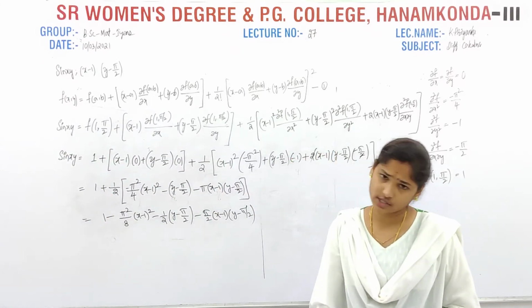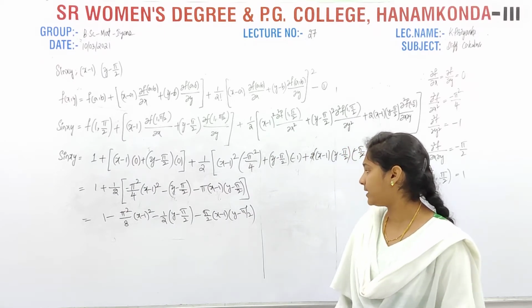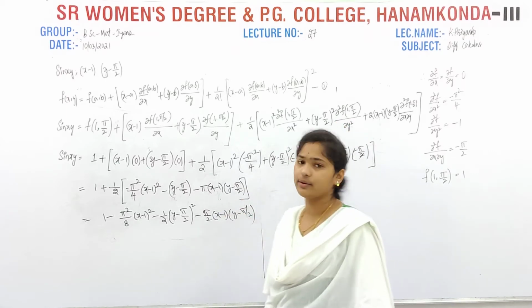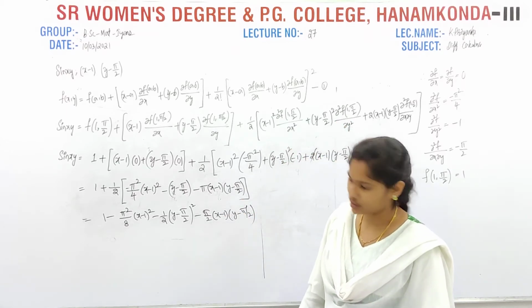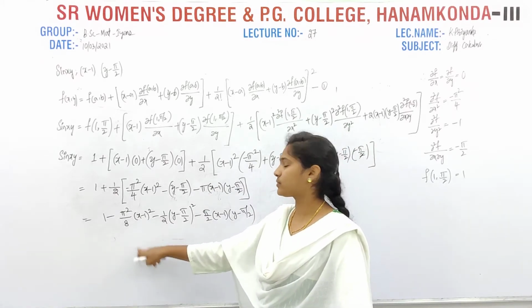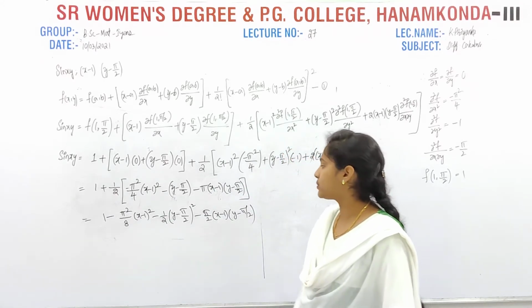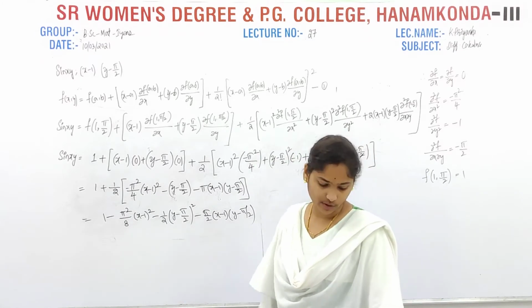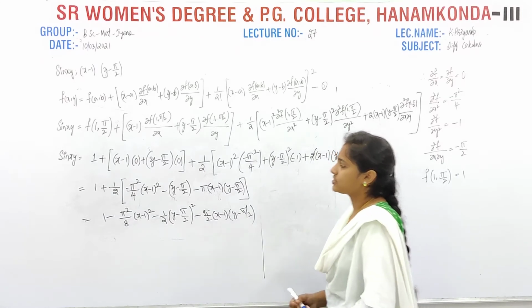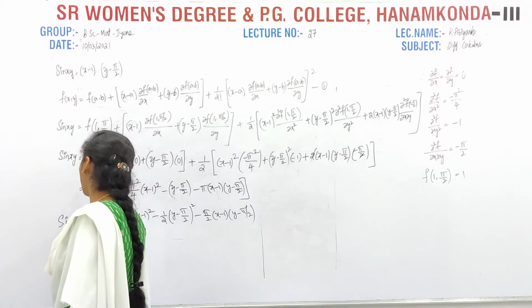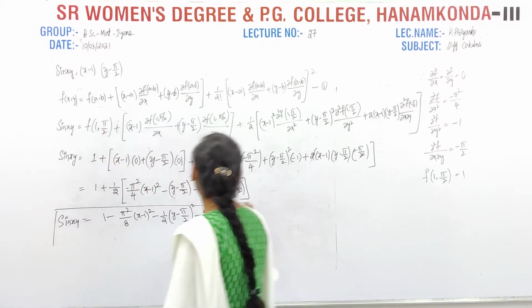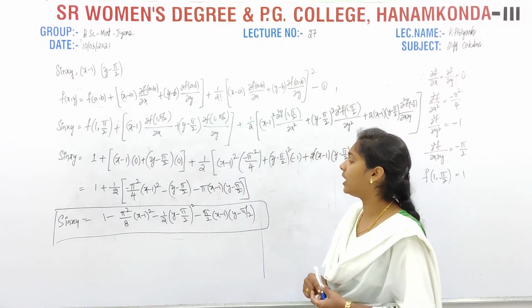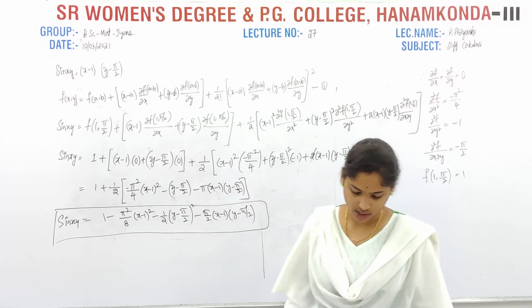Now otherwise here still you can substitute that, expand that, here it is whole square. Okay. So here you can expand that in a minus b whole square form also. Otherwise it is enough that 1 minus pi square by 8 of x minus 1 whole square minus pi by 2 into x minus 1 into y minus pi by 2 and minus 1 by 2 of this one. So we have the correct answer, which is equal to sine of xy. Okay, therefore now what is the expansion for this sine xy? This one. For the two terms. Okay, so like this you have to calculate the values, otherwise expansions similarly.